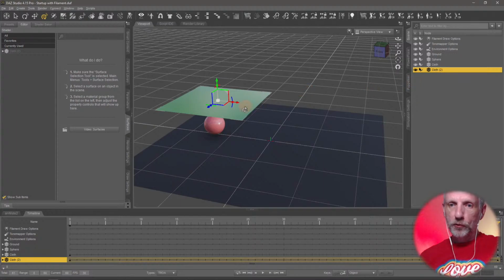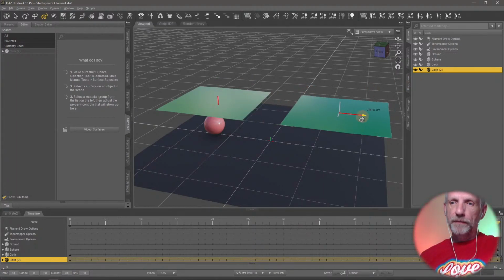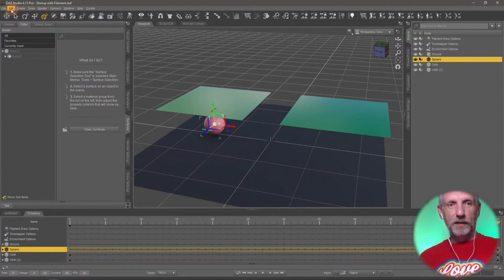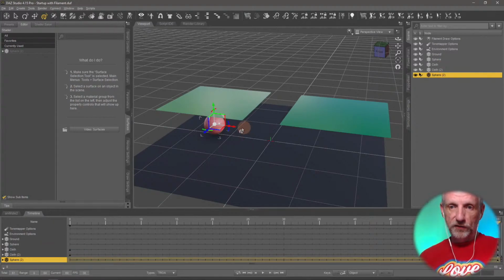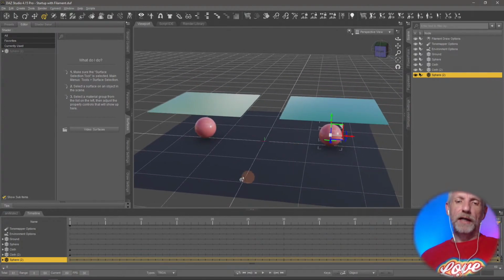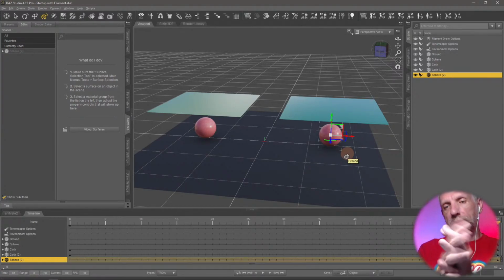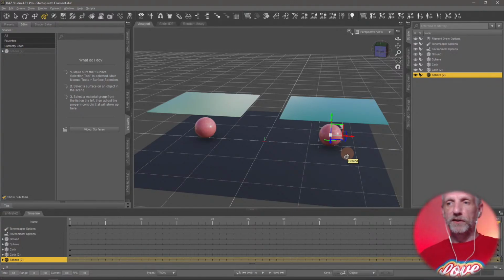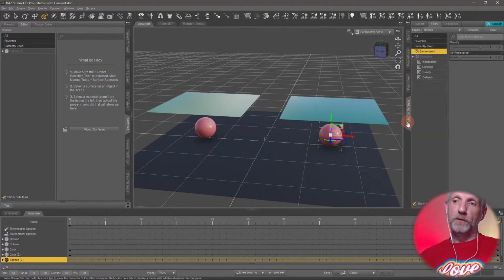Well, actually cloth 2 needs to go over here. So we have cloth 1 on the left, cloth 2 on the right, and we'll duplicate the sphere as well. Sphere 2 is also going to be on the right. Imagine you had 2 objects that you want to use passes for, where one needs to simulate and then the other one needs to simulate. You can freeze them. So let me simulate both of them